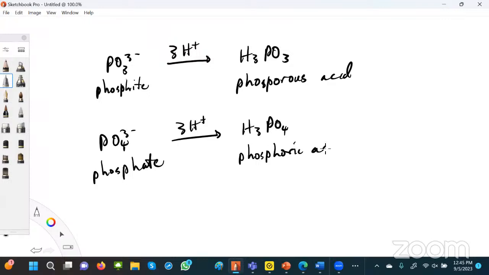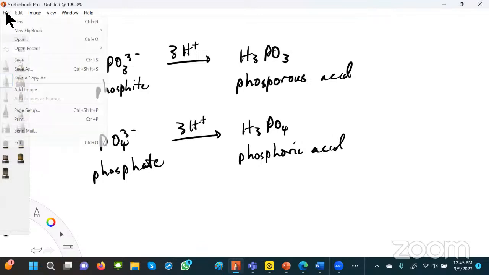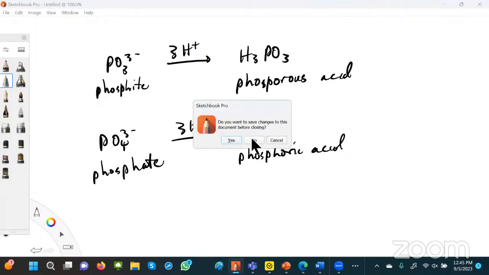And that's basically how that is done, all right? Okay, so that's basically how you name oxyacids. Now, there's one particular acid that I want to talk about, which does not fall into the category of oxyacid or binary acid. And it has this formula,